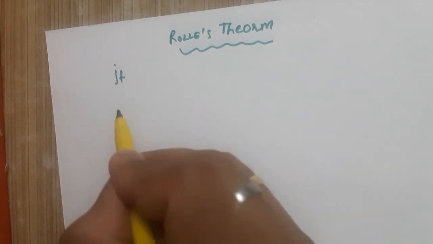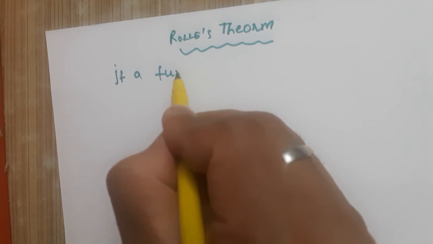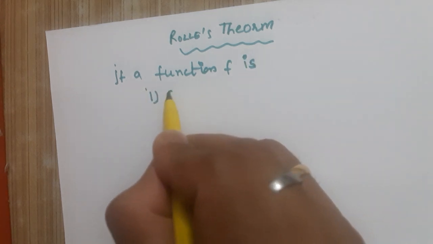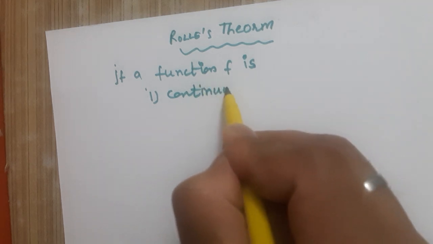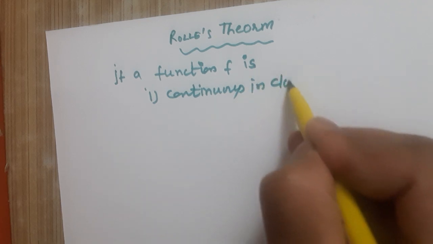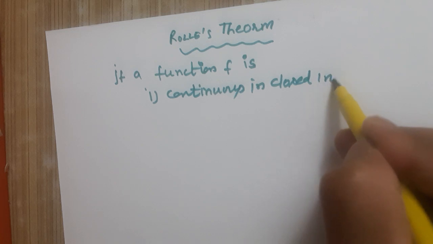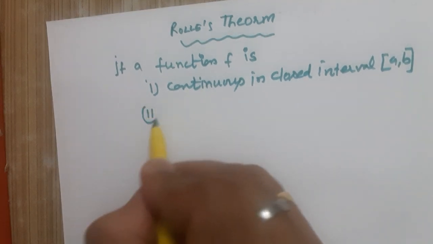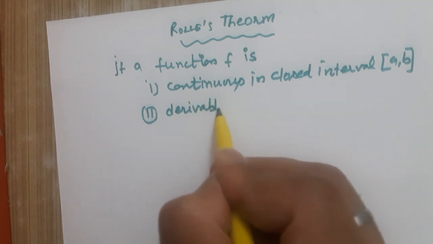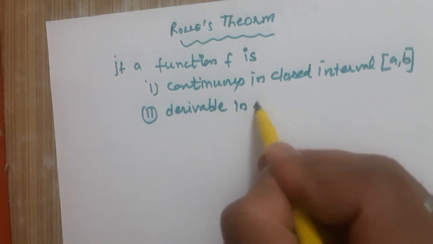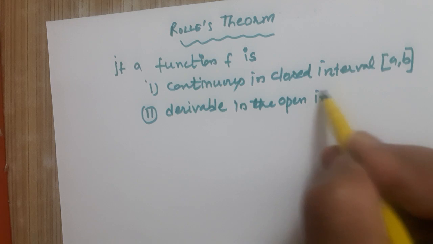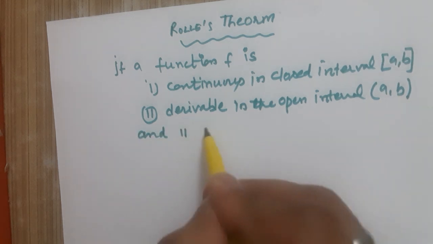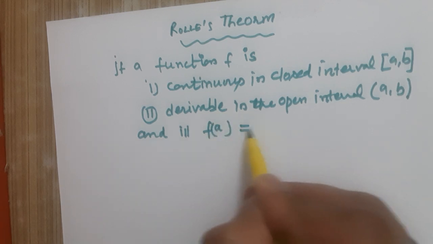If a function f is, number 1, continuous in the closed interval AB, number 2, derivable in the open interval A to B, and number 3, f of A equal to f of B,